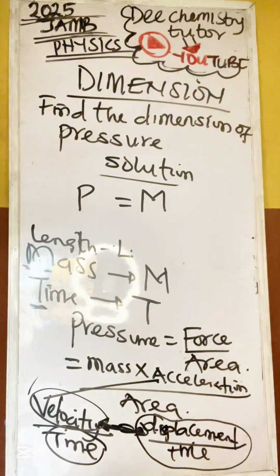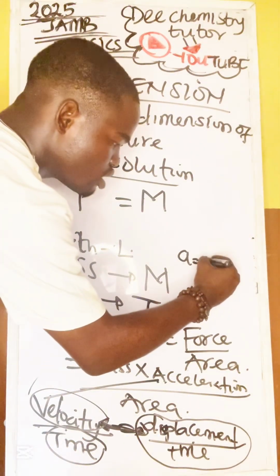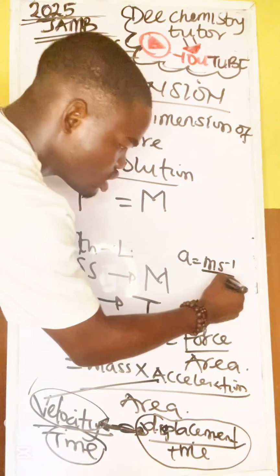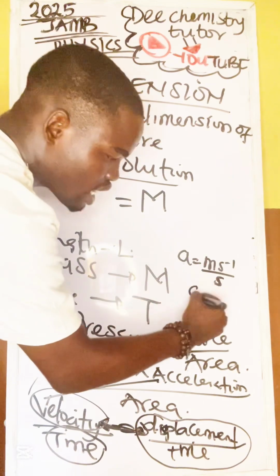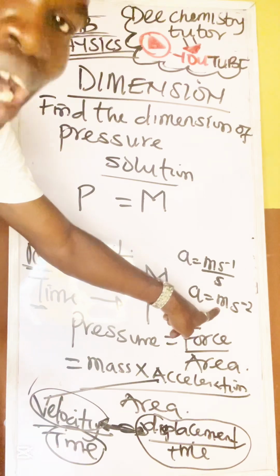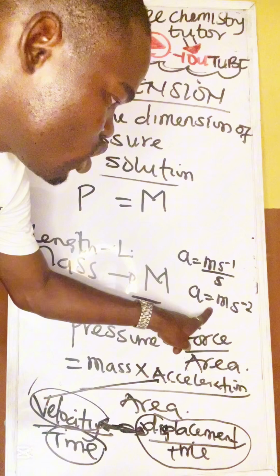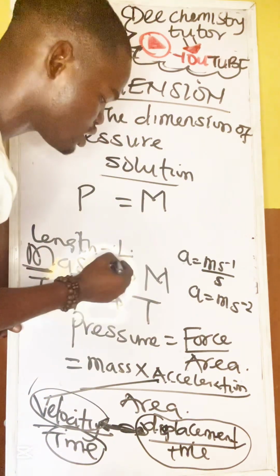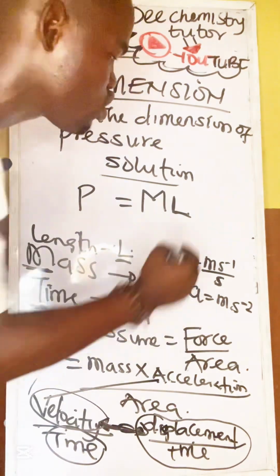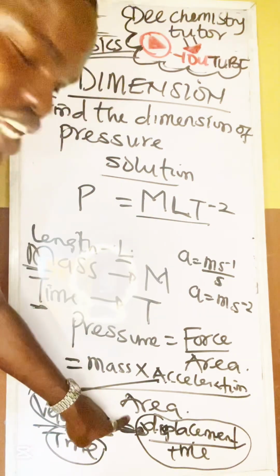Okay, now if I want to get the unit of acceleration, it is meter per second, which is the unit of velocity, over time, which is seconds. So from here, I can say that acceleration is meter per second squared. Now, anything that looks like meter, what do I tell you that we do? So mass times acceleration. Acceleration is meter per second squared. Because it looks like meter, it becomes length. Now, this is time. We will not use S because this is unit. So it becomes T raised to -2.